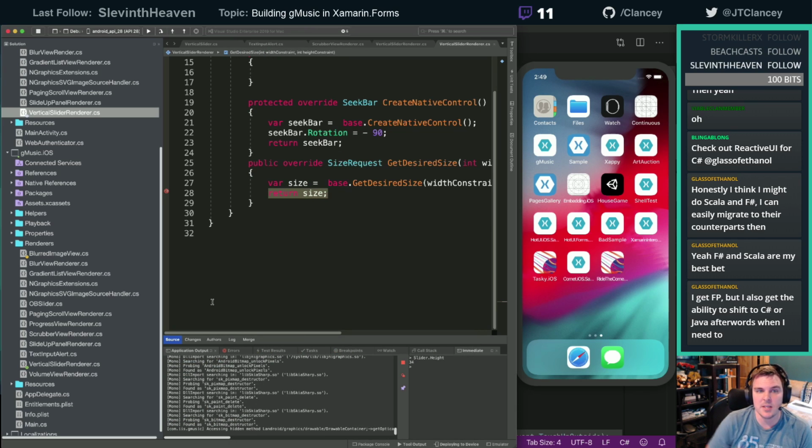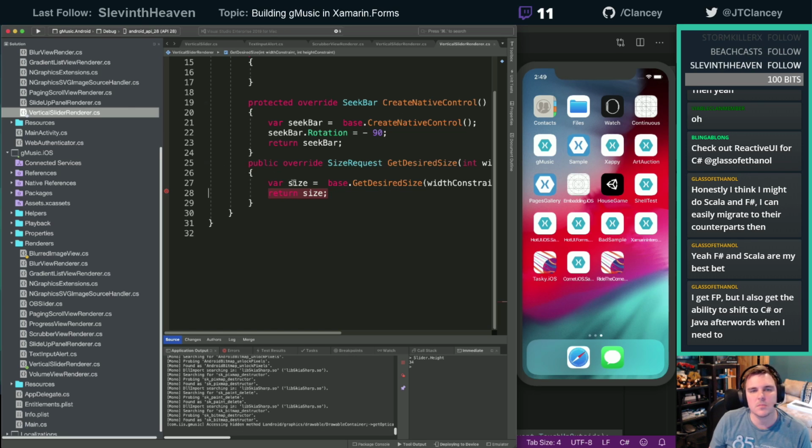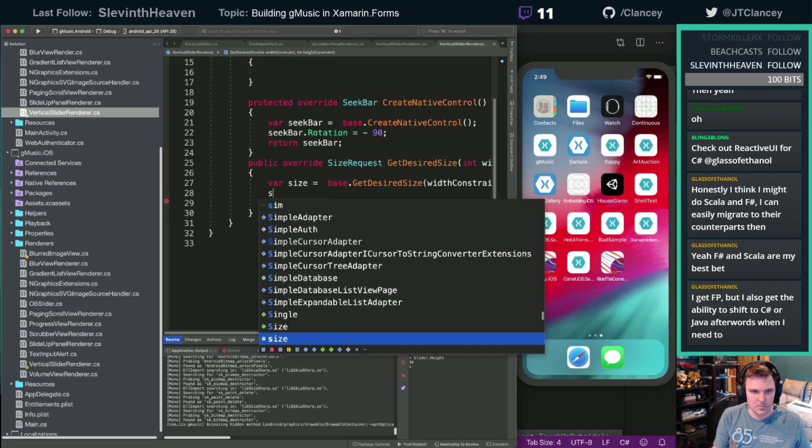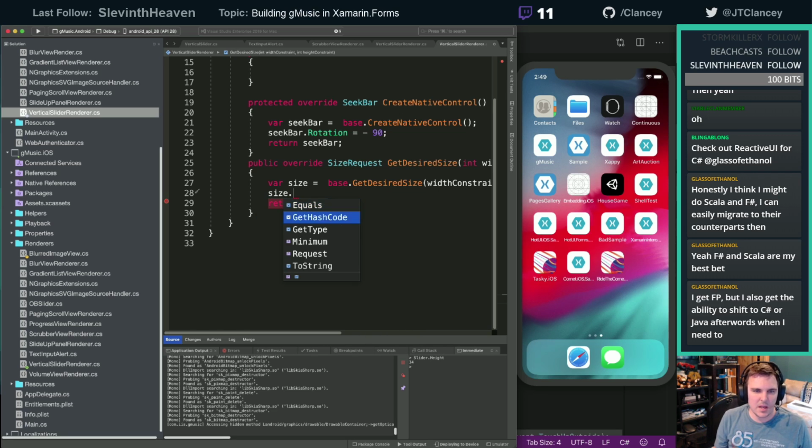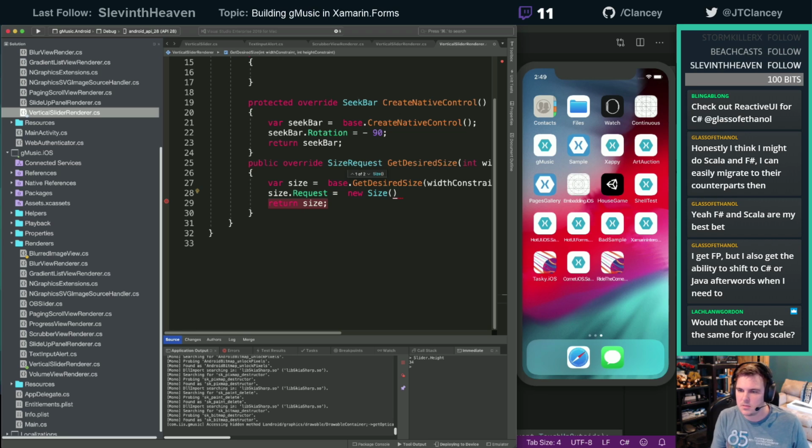So when you rotate and you get a frame, the frame's going to be the actual for layout stuff. Request. All right, these need to be inverted. Size.Request equals new size. Would that concept be the same? Yes, it'd be the same with scale.